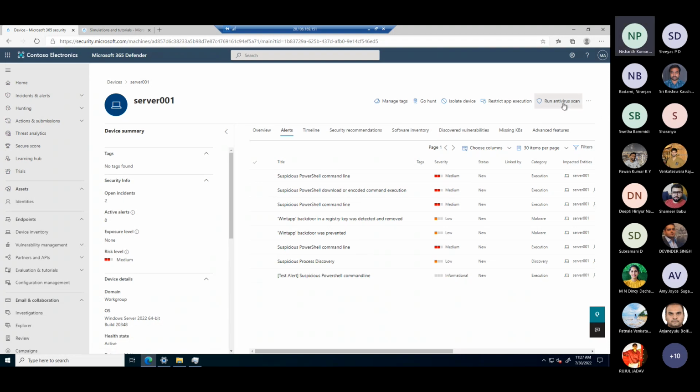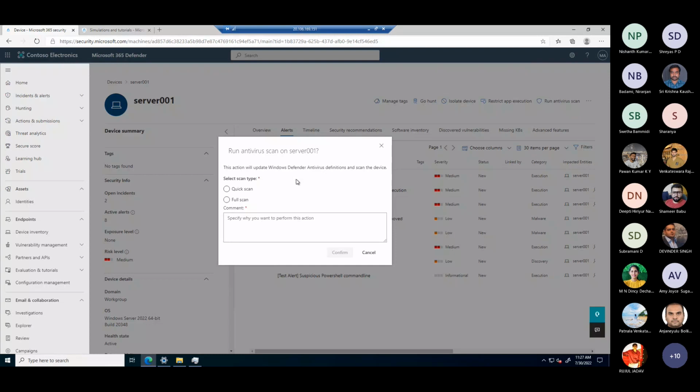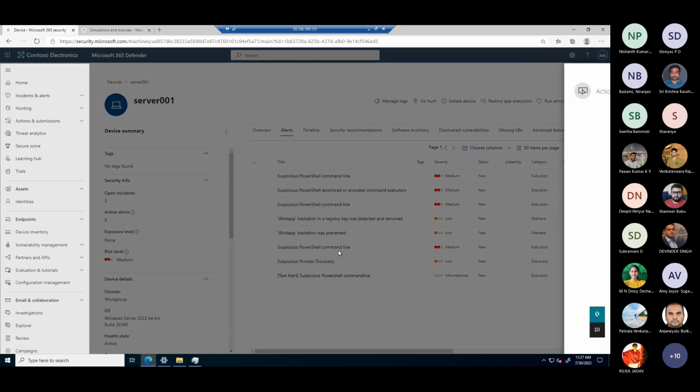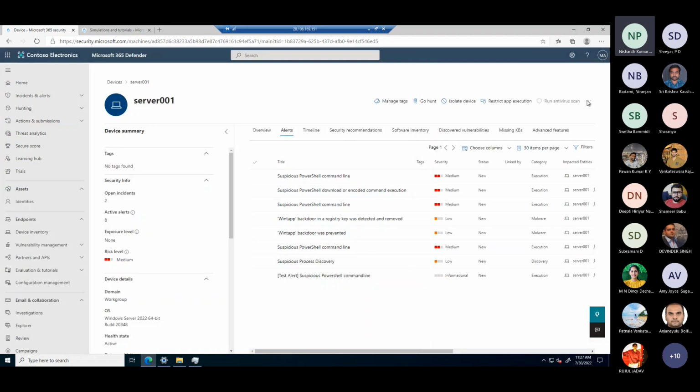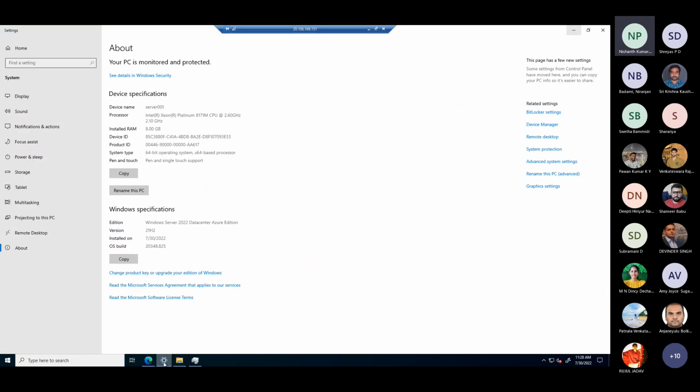And you can see I can trigger an antivirus scan from here. I'll trigger a very quick scan. I'm triggering an antivirus scan. Okay, so the action center opened, but that's okay. We have triggered a scan. Okay, and if I go to